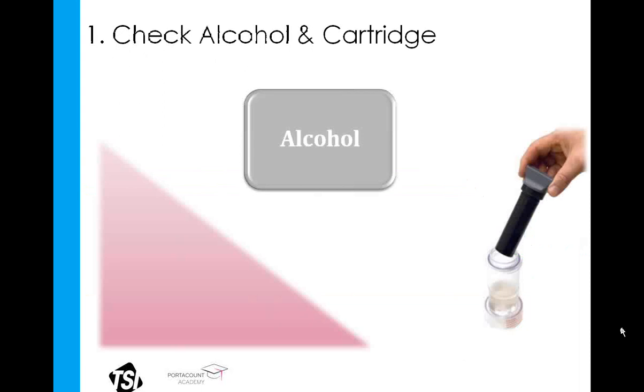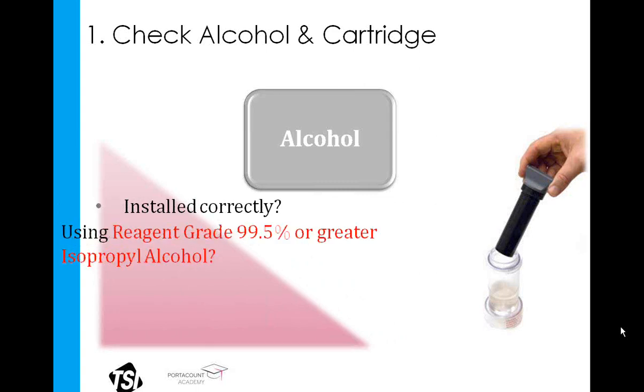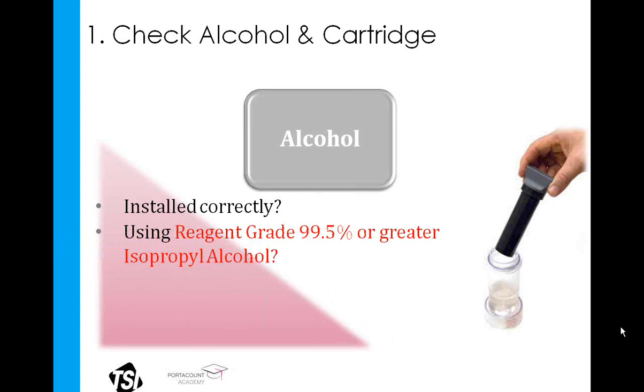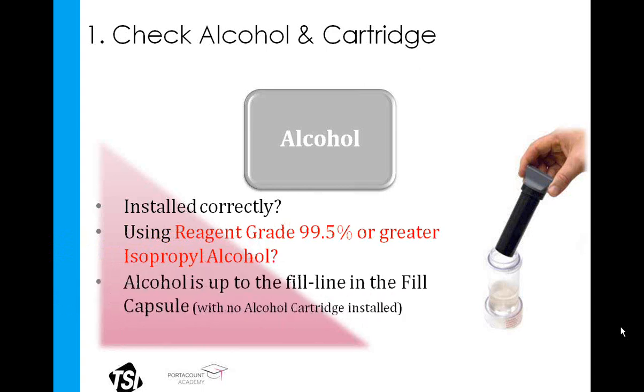We will first need to take a look at the alcohol and the alcohol cartridge component of the PortaCount fit testing process. A simple item would be to check the installation of the alcohol cartridge in the PortaCount unit. Just make sure that it is set in correctly. We also want to confirm that we're using reagent-grade alcohol that is at least 99.5% pure or greater. And we also want to make sure that that alcohol is to the fill line in the alcohol fill capsule, before we insert the alcohol